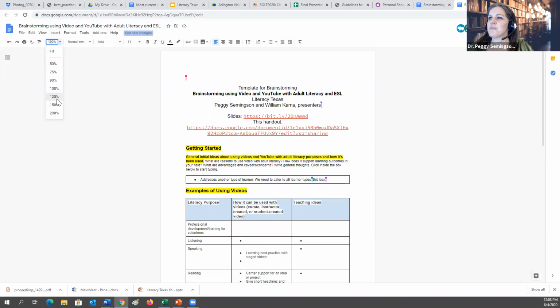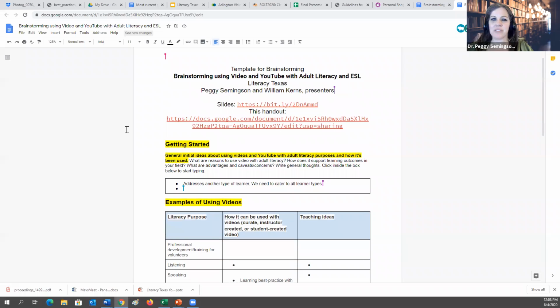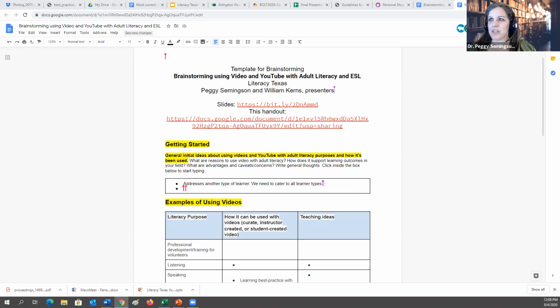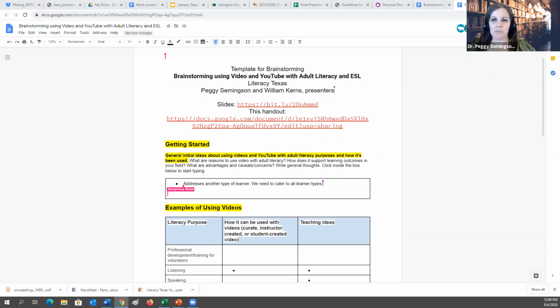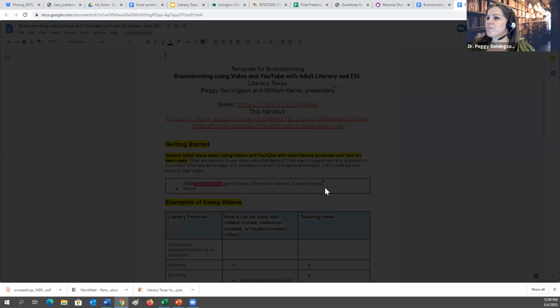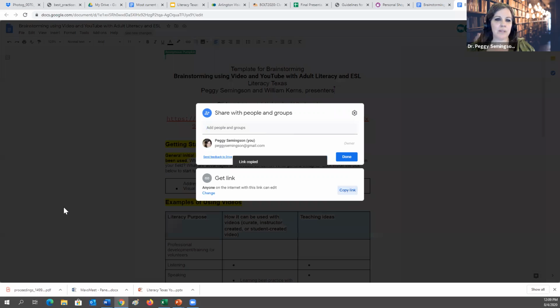Okay, so I see people typing. Again, the link is in the handout. If you can't access the link, just type on a piece of paper or type in the chat window as a backup. So plan B is your own notebook, plan C is the chat window. I see some people saying they couldn't access the link. Okay, let me try it again. I'm going to put it in the chat again. So try that.